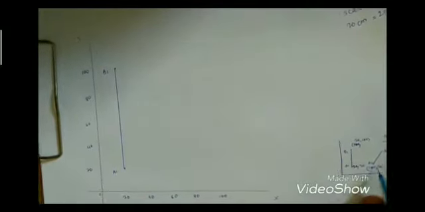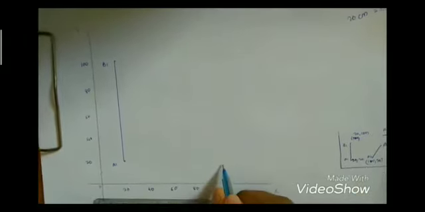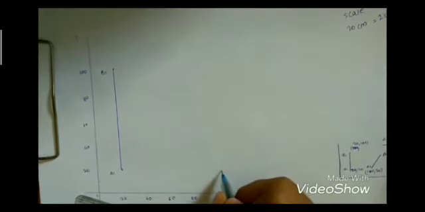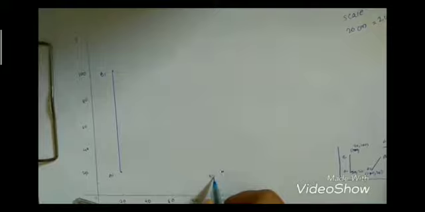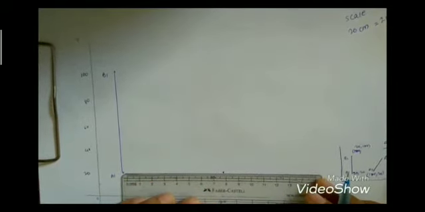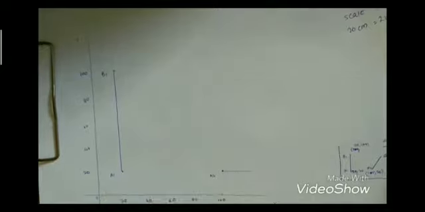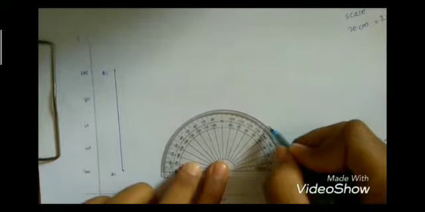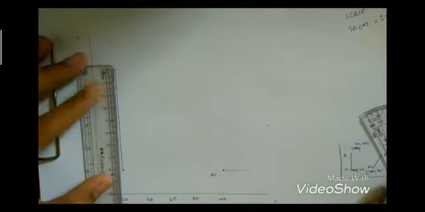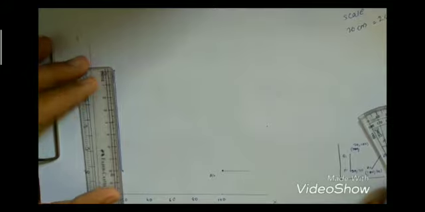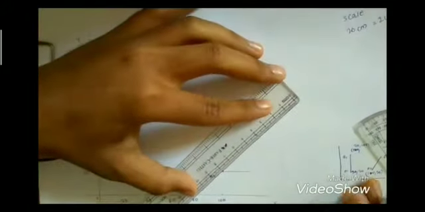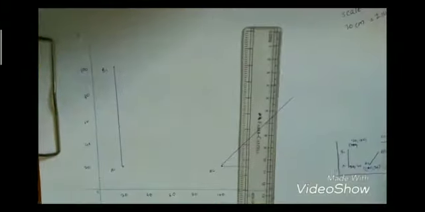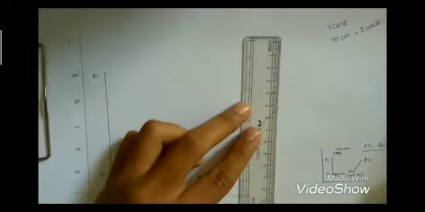Now the second position is 120, so 120 will be approximately this. So we get A2. Draw a small horizontal line to measure the angle. Take a protractor, keep it on the point accurately and measure 45 degree. So as we know from our scale, it is 8 centimeter. This will be 8 centimeter, and it is told that the third link is 8 centimeter apart.